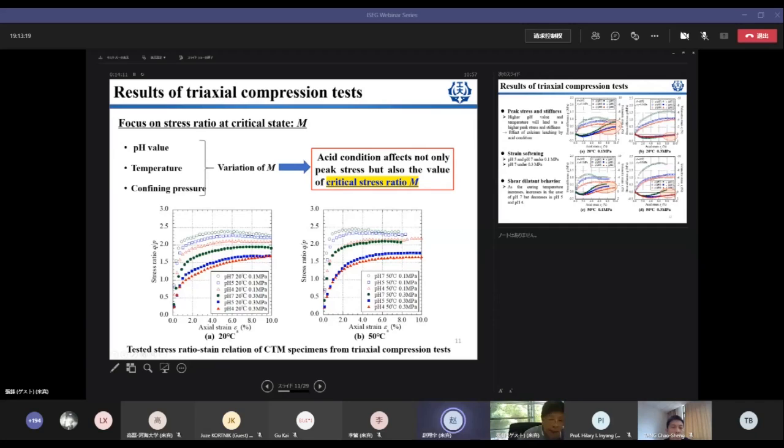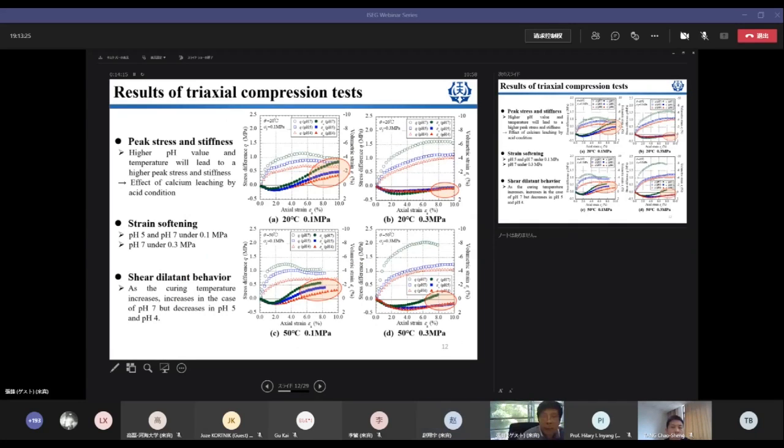The constitutive model is based on the critical state concept. However, the problem here is that even when the shear strain reached 10%, you can still see the shear dilatancy is not stable, it still increases, which means that we cannot